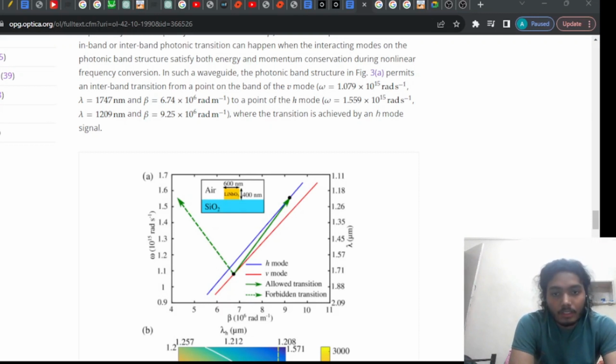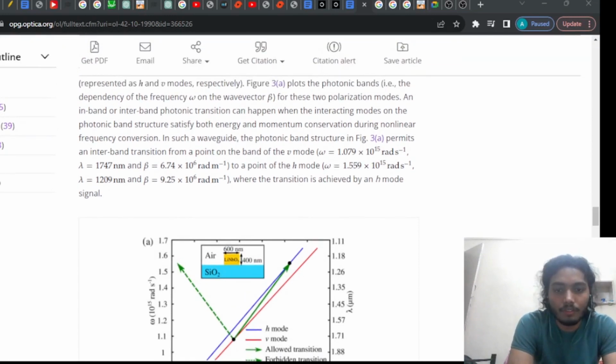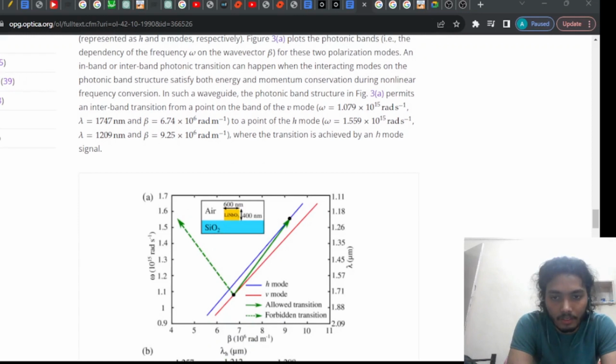So we can't choose any omega h for a given omega v, or any photonic transition. So here it shows some selectivity. Once we have chosen omega v, there may be some omega h for which delta beta is 0,